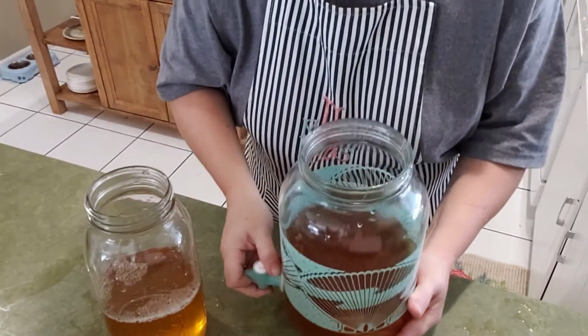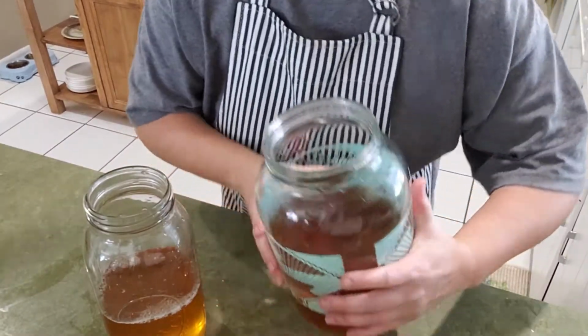Oh, the Scoby's getting in the way. Let me go ahead and pour right here. Sometimes I strain it if it looks yeasty. You might see stuff floating around in there, but I don't today. So I'm going to go ahead and just fill this, giving it a little bit of room to expand and